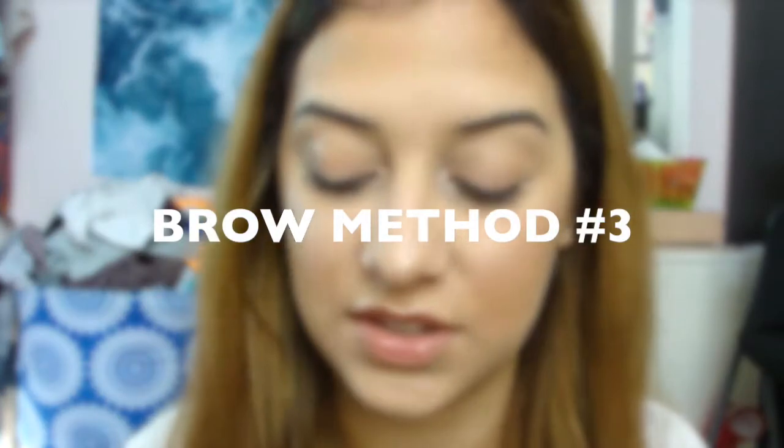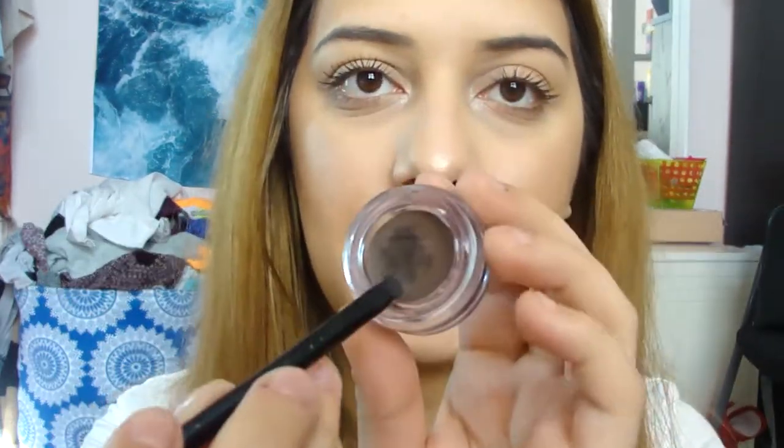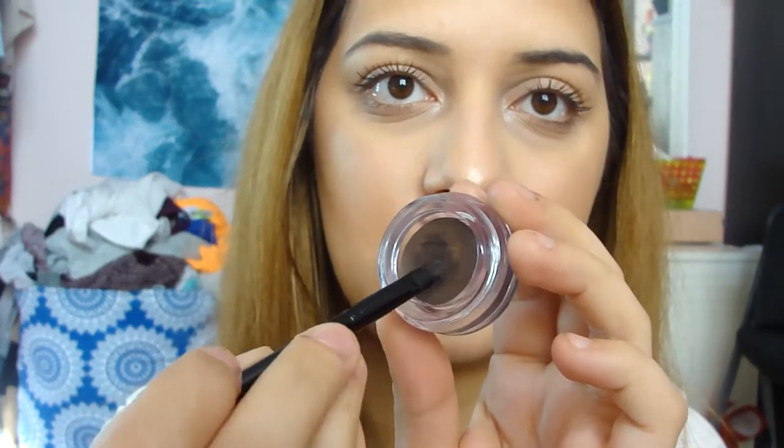Okay, and so this is the last brow method that I use. I'm just gonna take my Ardell Dark Brown Brow Pomade, and it came with this little angled brush with a spoolie on the end, which is really great. I'm just going to slightly dip in, just like this, not scooping it out or anything, just lightly tapping the color